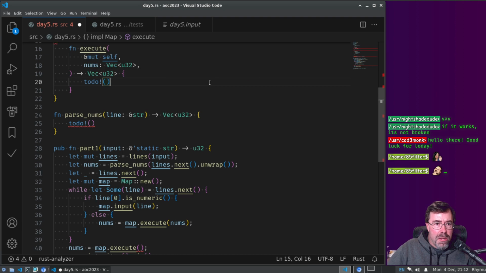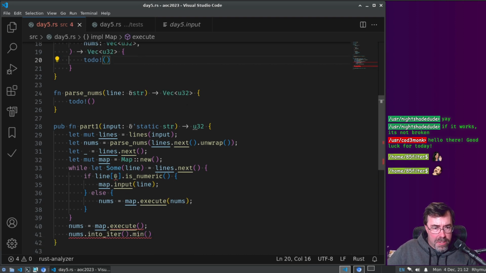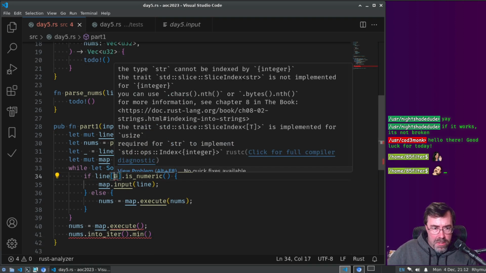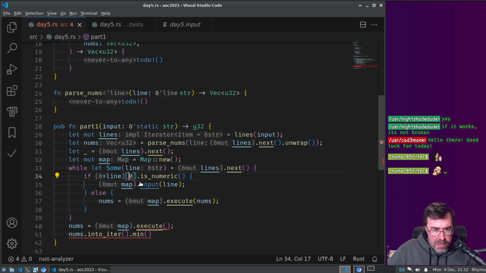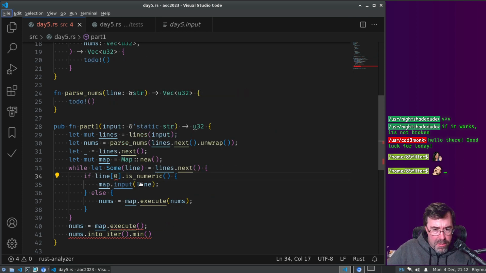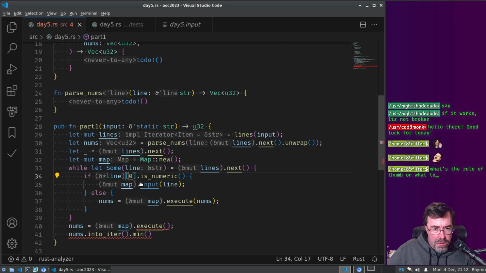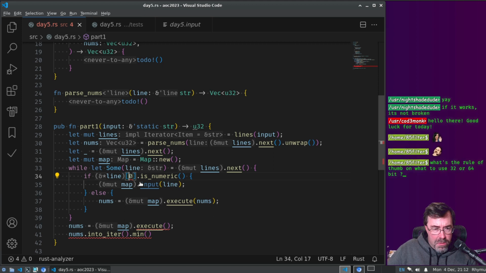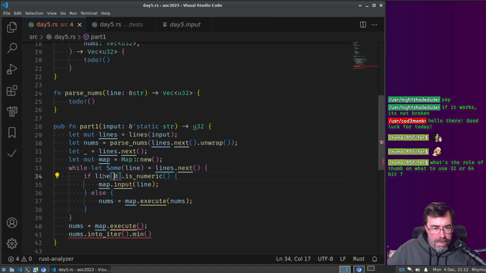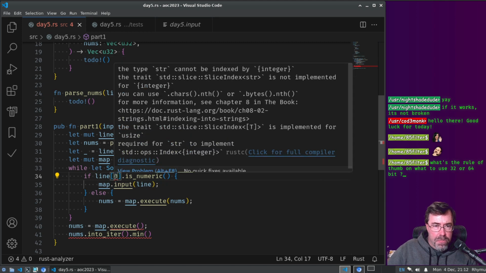To do. Okay. This does not compile, because line. Wait, what? Why is it doing that? Oh, shoot. That is correct.